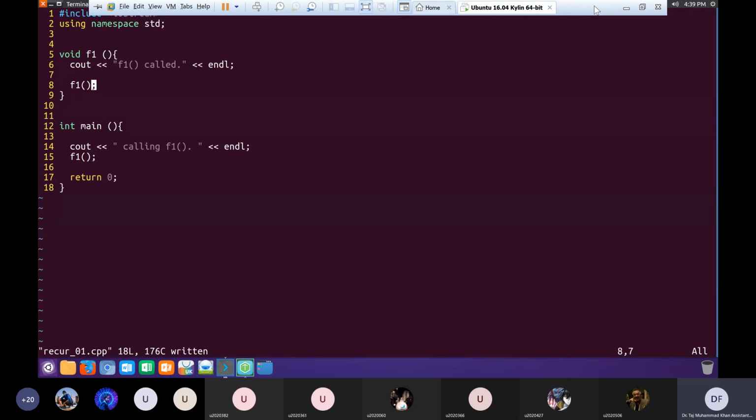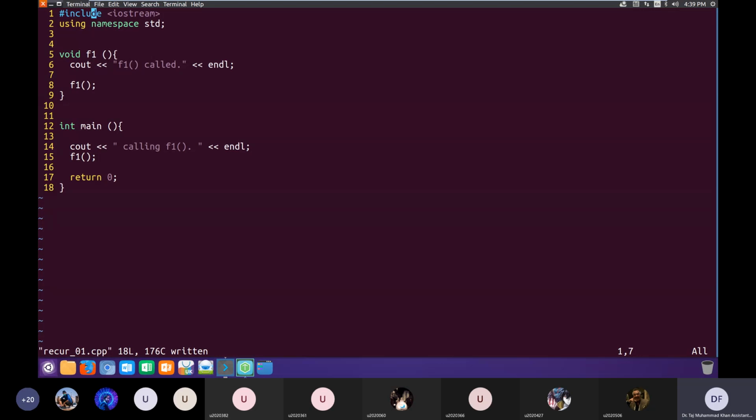Let me go to that screen and let us run it step by step. The program will start executing from this main function. The main line will be executed, then it will execute this line, calling F1, so calling F1 will be printed. Then it will execute line number 16, which will call F1. We know from the last few weeks that when a function is called, execution flow will jump to the start of this function. So it will jump to the start of F1 on line number 5, and it will execute the body of the function.